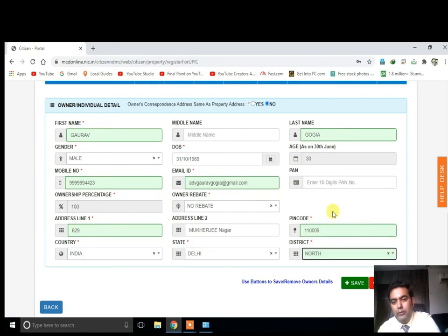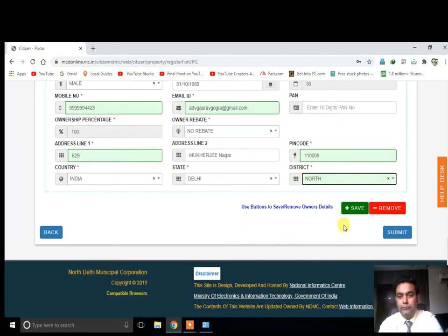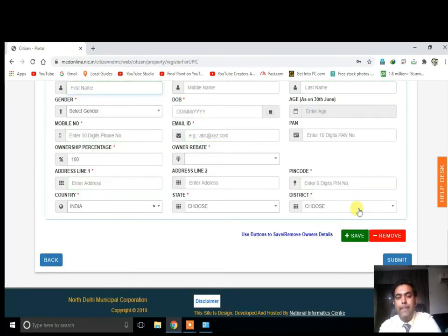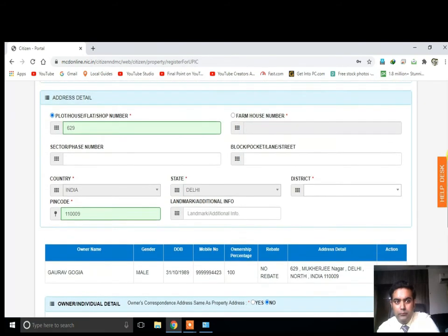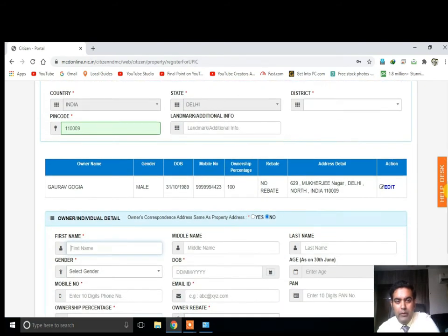Select your district. Mine is not district, so I have selected. Now click on save. After you click on save, you can see that the owner is added here.